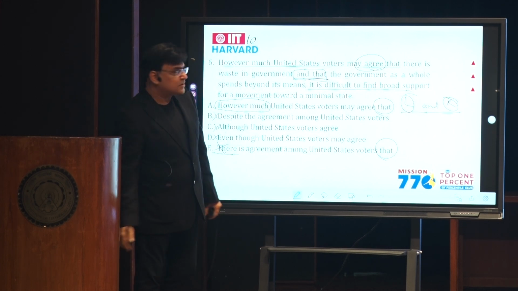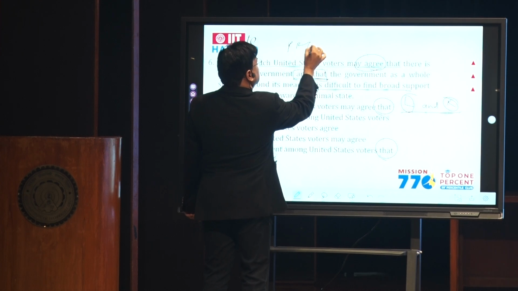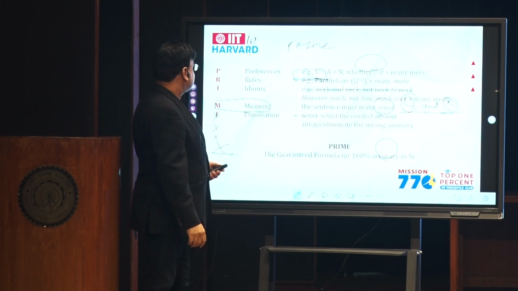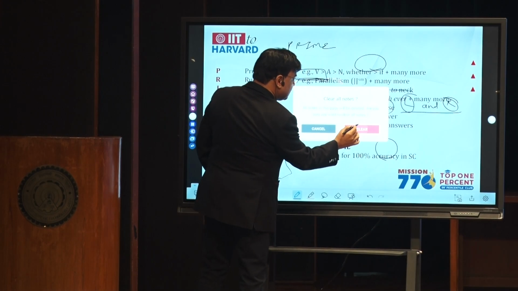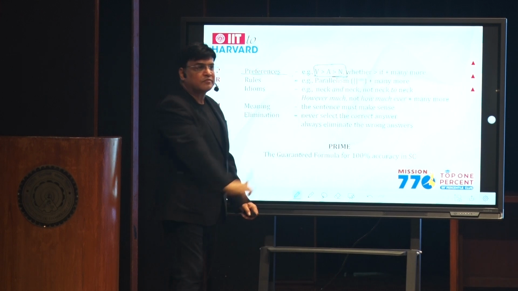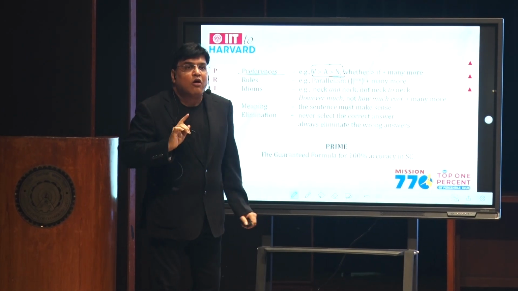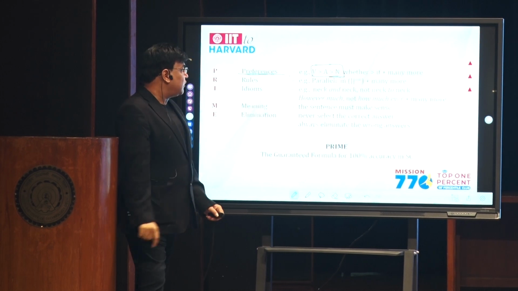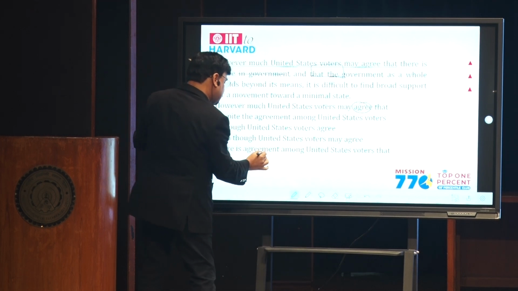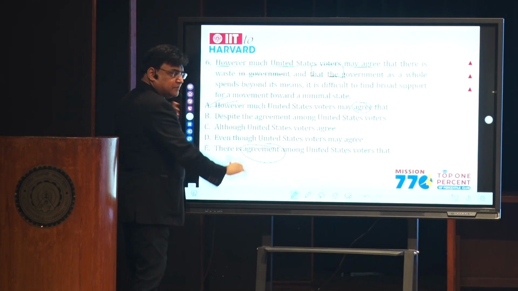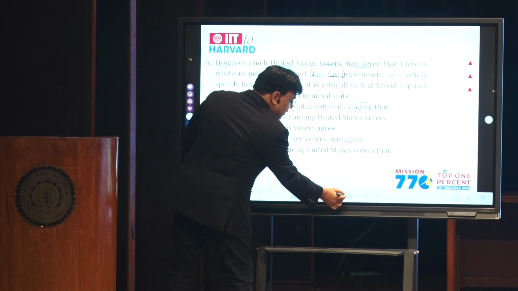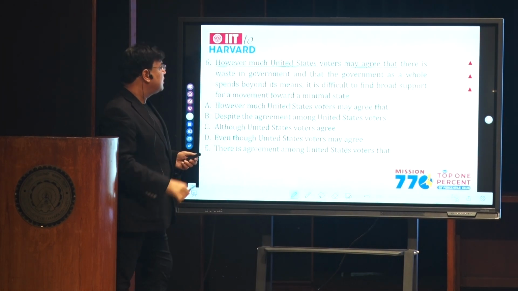There are many more reasons. That is why PRIME: one of the preferences, P stands for preference, and the GMAT has this preference. Just see whatever I have written here, note this. There are preferences. One of the preferences is verbs are preferred to adjectives and adjectives are preferred to nouns in every single question. Always verbs are preferred. Now if I were to follow this, between A and E, agree is a verb and agreement is a noun. Even then A is the answer. You might find it very awkward, but I already told you the correct expression: however much, not how much ever. How much ever is what we speak in India. The correct idiom is this.